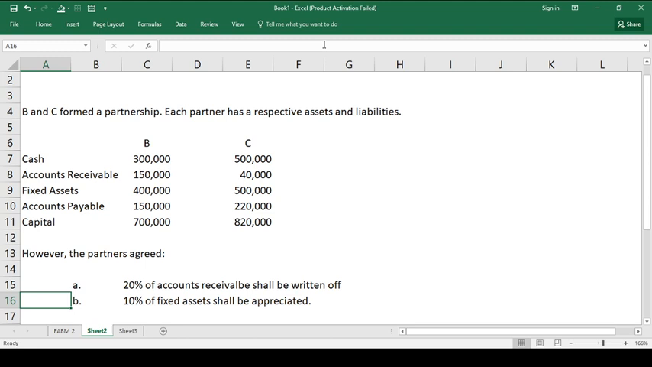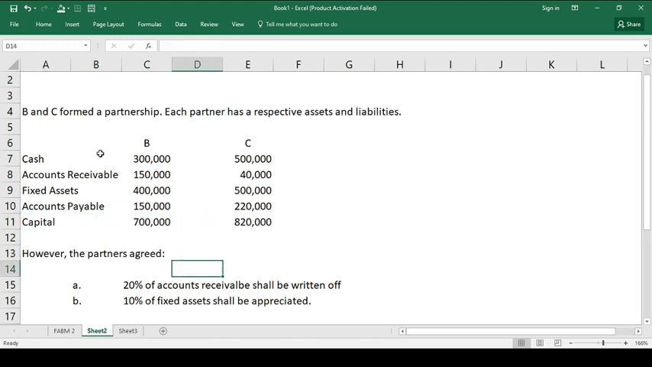B and C form a partnership. Let us assume that B and C are natural persons or business entities. They combined their assets, so each partner has respective assets and liabilities. These are the assets and liabilities of each partner. We have cash, accounts receivable, fixed assets, accounts payable, and a capital for each, which is 700 and